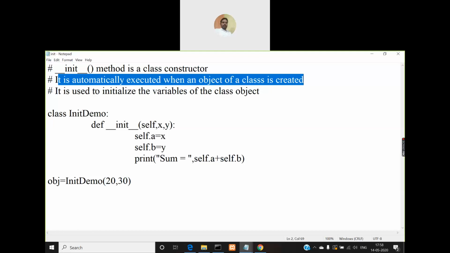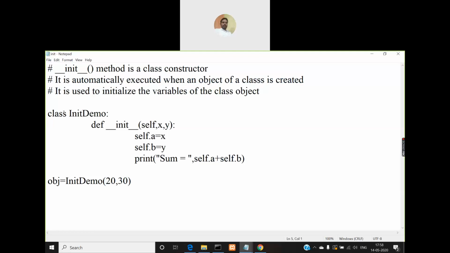Then what is its purpose? As in Java, it is used to initialize the variables of the class object. Similarly here, you can use this init method to initialize the variables of the class object, right? So I'm defining a class called init demo here, and I may have some object variables for the class. Those object variables can be initialized by using the init method, that is nothing but the constructor.